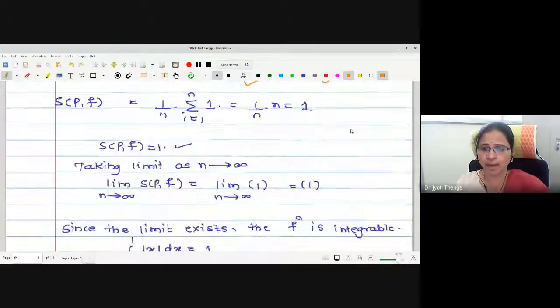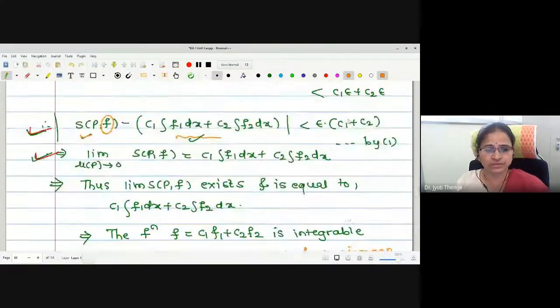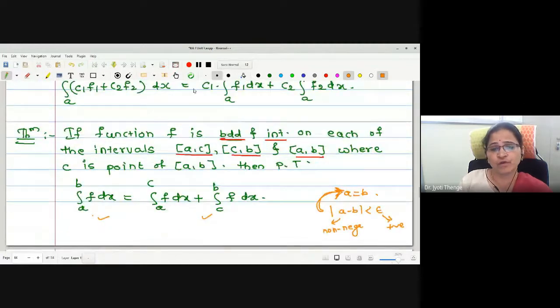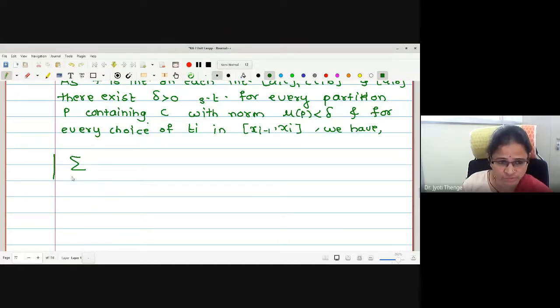Okay, let us come back. We were going to write for F1, F2 and F3. Sorry, not F1, F2, but F1 AC, F1 CB and F1 AB. First condition I will write mod integration. As we don't know the partition points, what I will write is simply the partition on this interval AC.